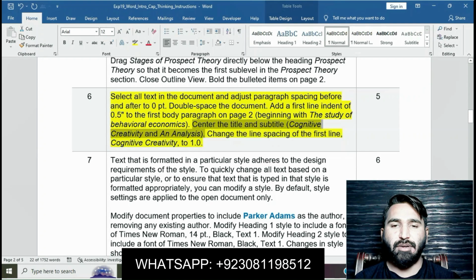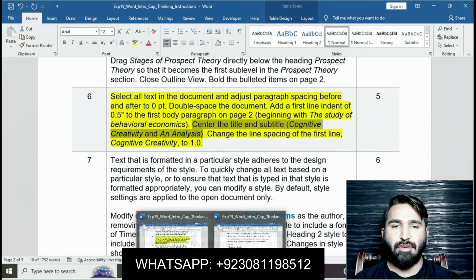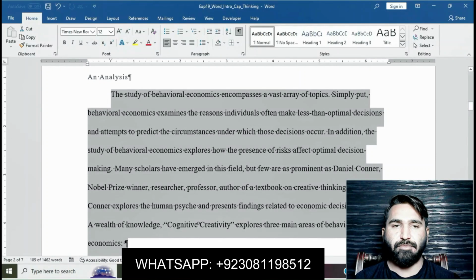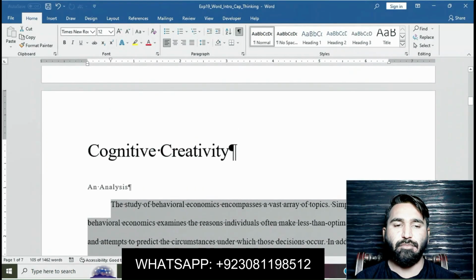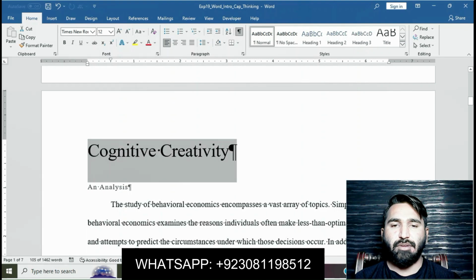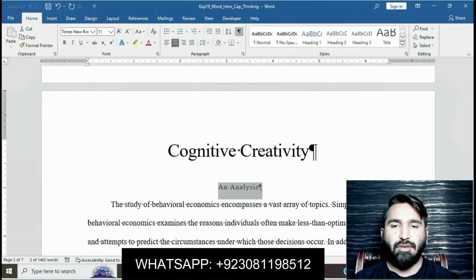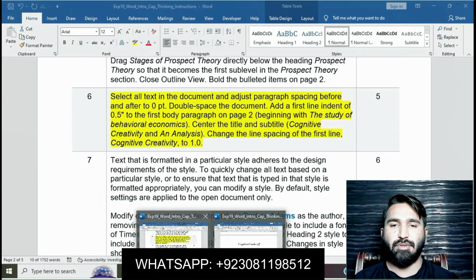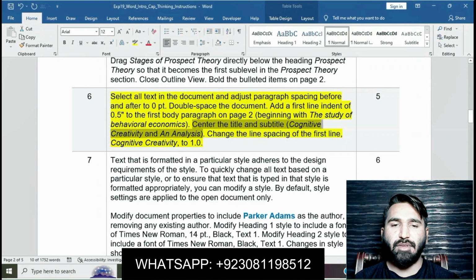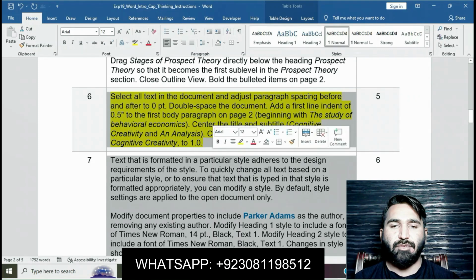Select the title and click on center, and select the subtitle and click on center. It's done now. Change the line spacing of the first line, cognitive creativity, to 1.0.